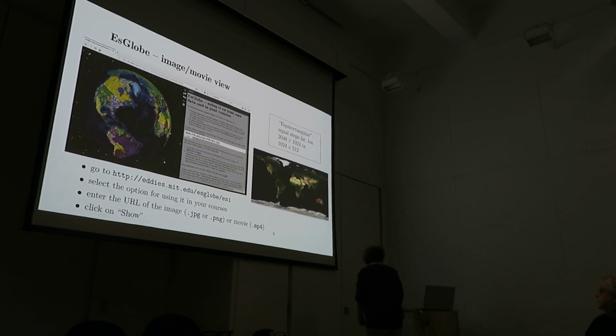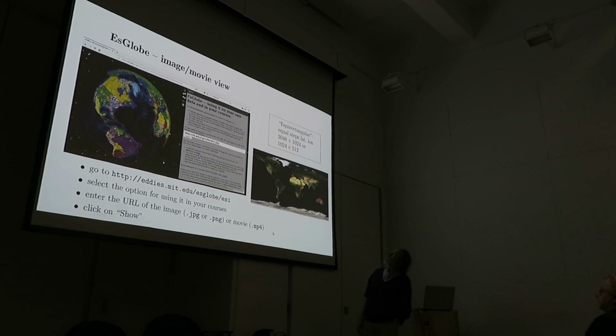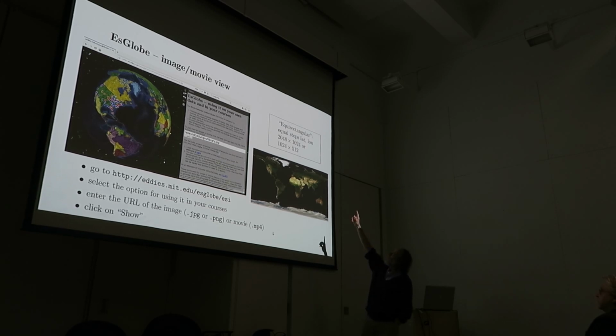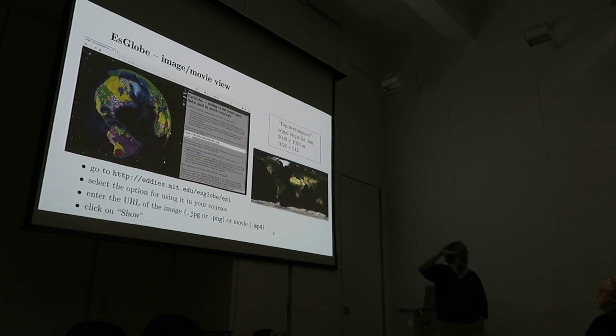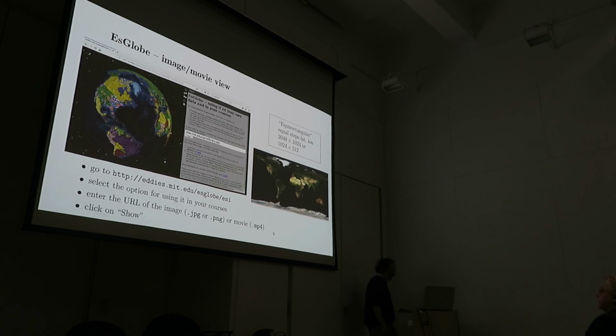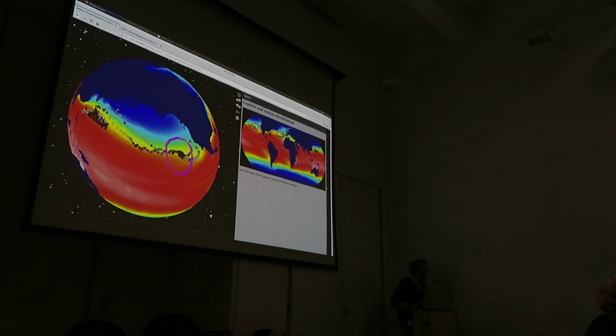So the first and very simplest thing is if you have an image and you want to see what it looks like on the sphere, you can do that with the existing website. Images look like this. They're what's called an equirectangular projection. They have equal steps of latitude, equal steps of longitude, and so the Earth picture looks like that. So if you have a picture which looks something like that, you can go